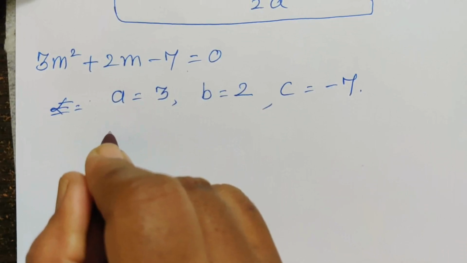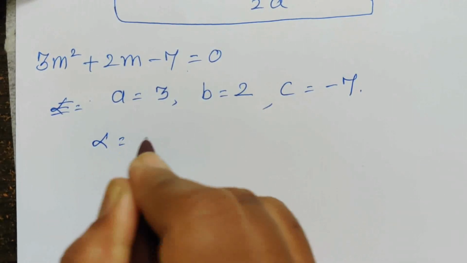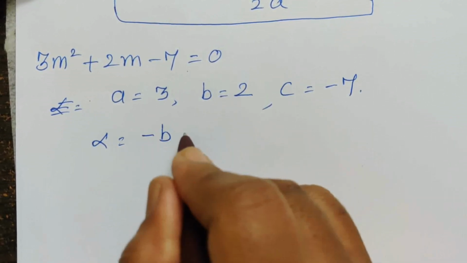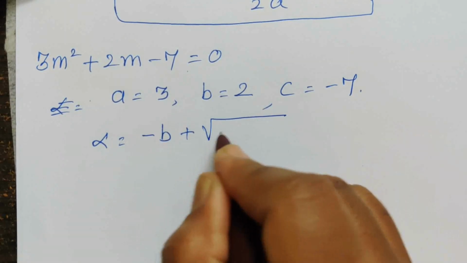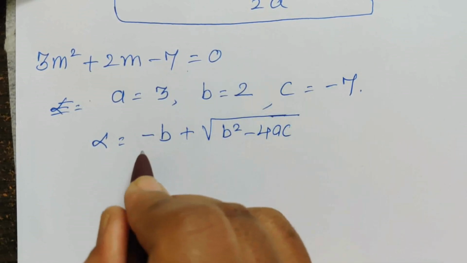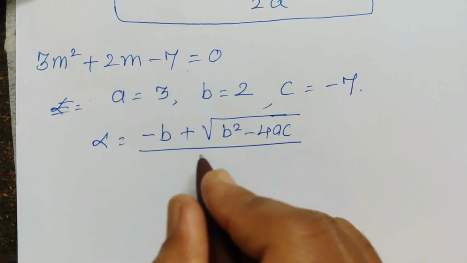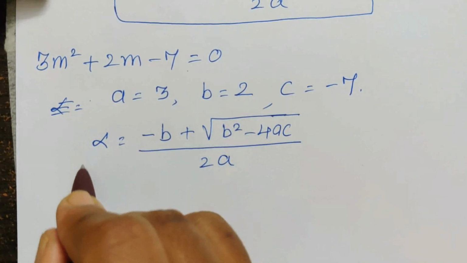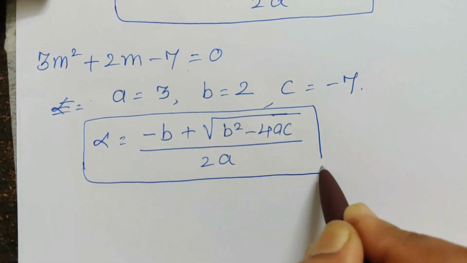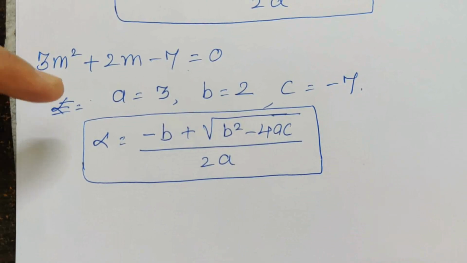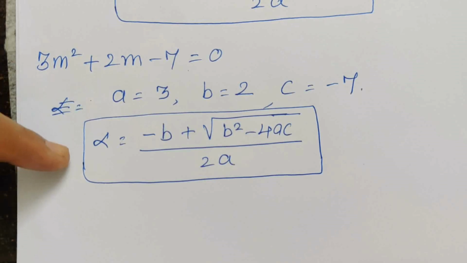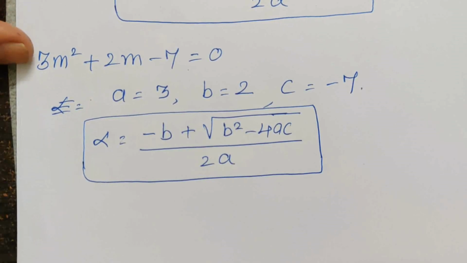First we will use the formula for alpha, the first root. You must write the formula. Whenever you are solving an example, you should highlight the formula, and it has separate marks. Writing the given, writing the formula, and highlighting the answer have separate marks. So you should write the formula and highlight. Now the given is there, we compared the equation with the standard form, and the formula is there. Now put the values in the formula.